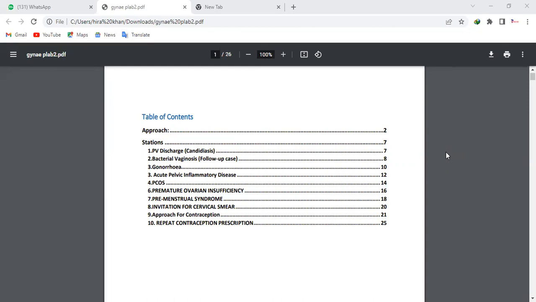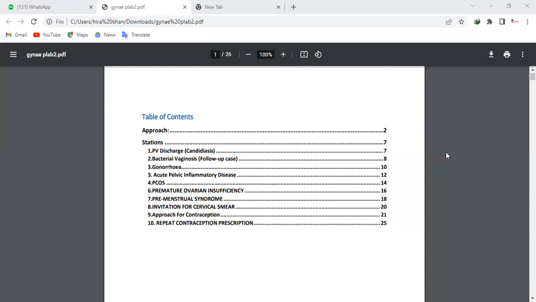But there are a lot of students who just followed the approach, and even if the station was very new for them, even if they were unable to reach the proper diagnosis, they passed the station. I have seen a lot of examples during these days. So always first learn the exact approach, then learn to de-learn the approach. For example, you should know this is my basic approach, but according to the circumstances, the situation, the scenario, I might have to change the sequence, or I might have to ask a few questions before the section that is actually mentioned in your approach.